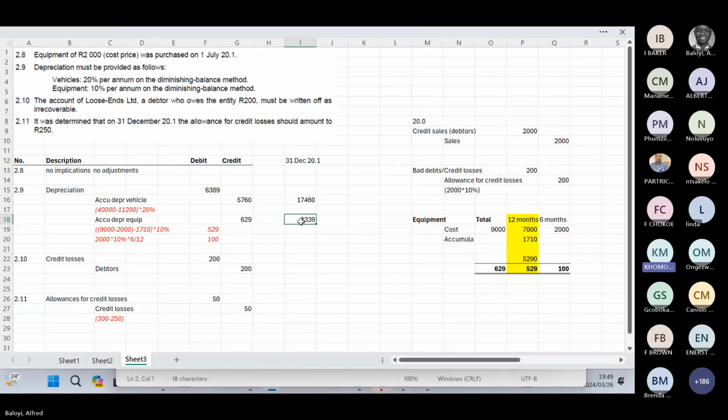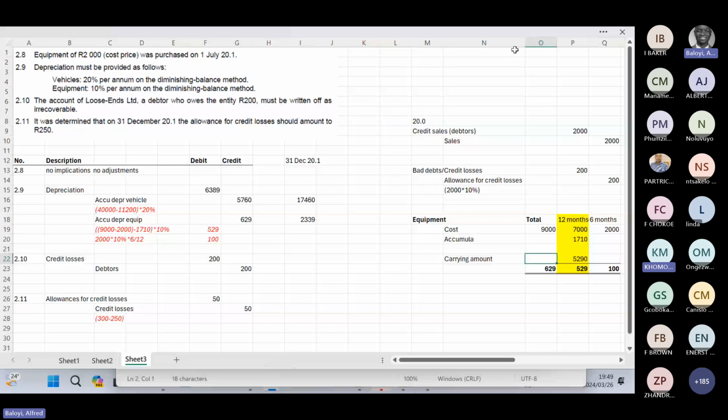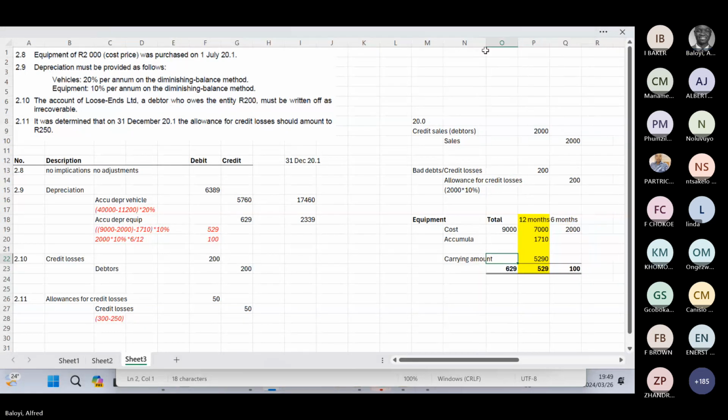One last question. With diminishing value, I know diminishing value is the same as book value or carrying amount. I just need some clarification on that. I know in accounting they usually use different terms, but it's more or less the same amount. Yes, it's carrying amount, book value, and it's just that we are not using the cost to determine the depreciation for this. Okay, no problem. Thank you.